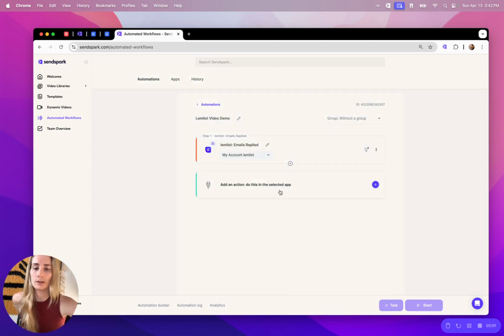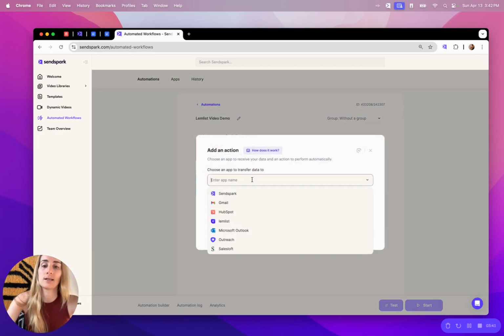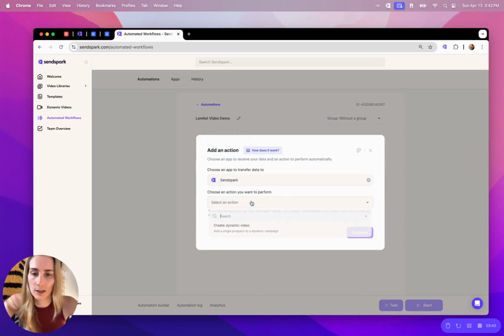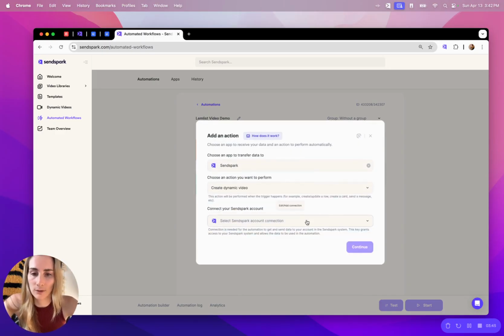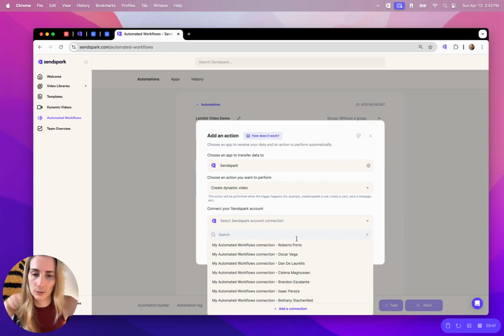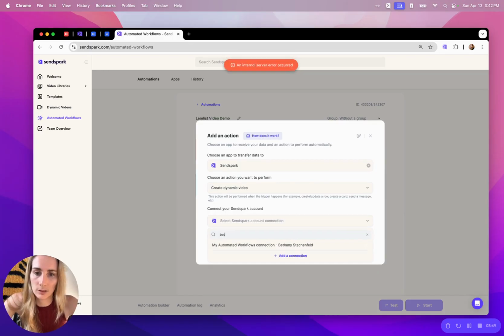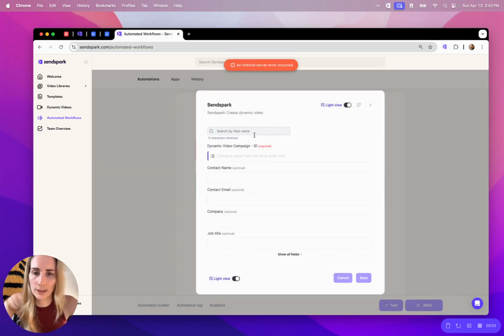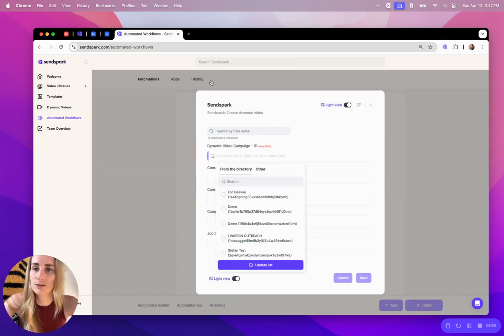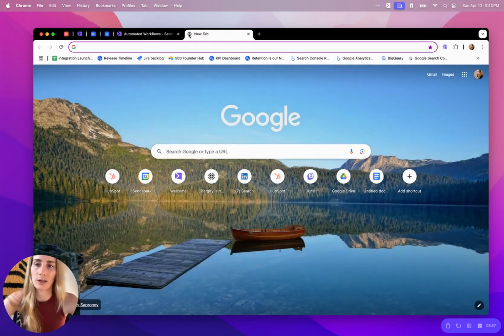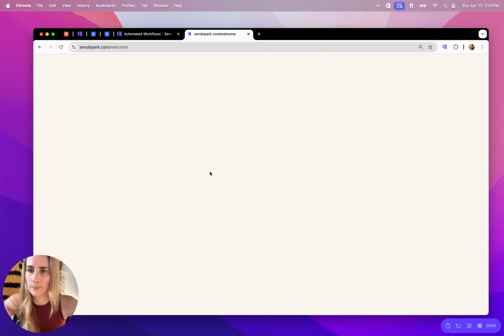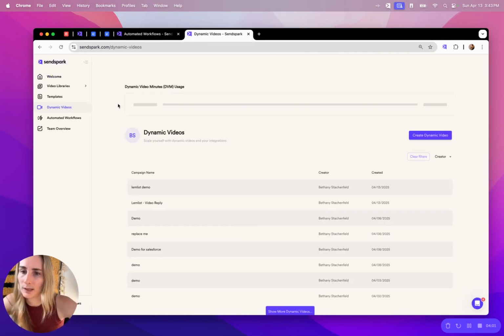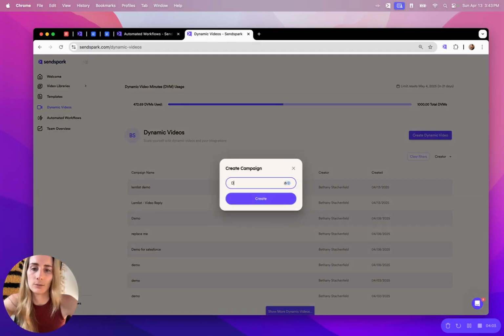And then what we want to happen next is we want to create a Sendspark dynamic video. So we'll click Sendspark, create dynamic video, and we'll do the Sendspark connection. So now we need to get our dynamic video ID. So for this, we need to create a dynamic video in Sendspark. So let's go ahead and do this here. We'll do this in the dynamic video section of Sendspark, and we'll call this